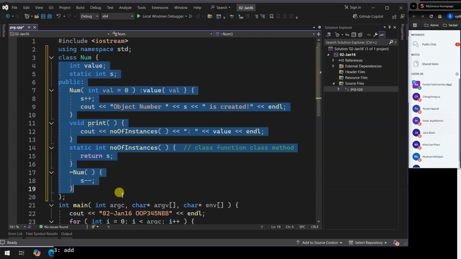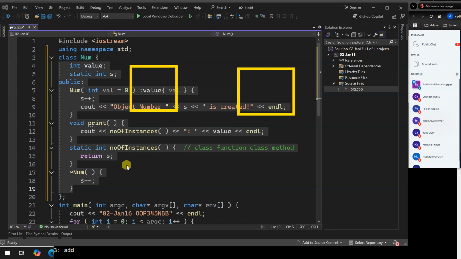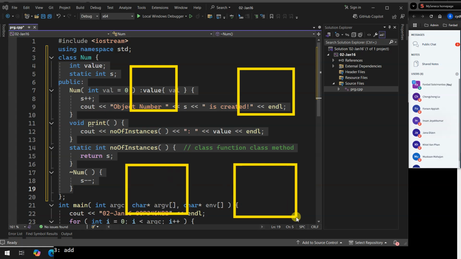all instances share the same attribute, which means if I create 4 instances of num, each num has its own value.